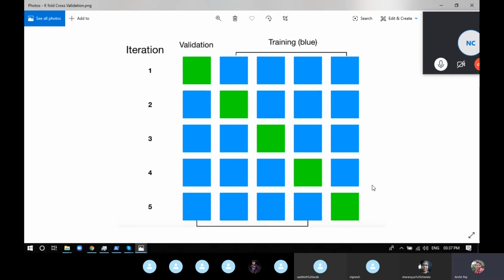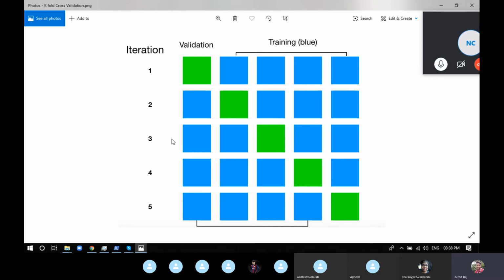So what will be the final accuracy? The average: total all the accuracies and average them to give you the result. That's it. This is what happens in k-fold cross validation. It's kind of similar to leave one out, but instead of taking exactly one data point, we group the data into folds and then do the same procedure as LOOCV.